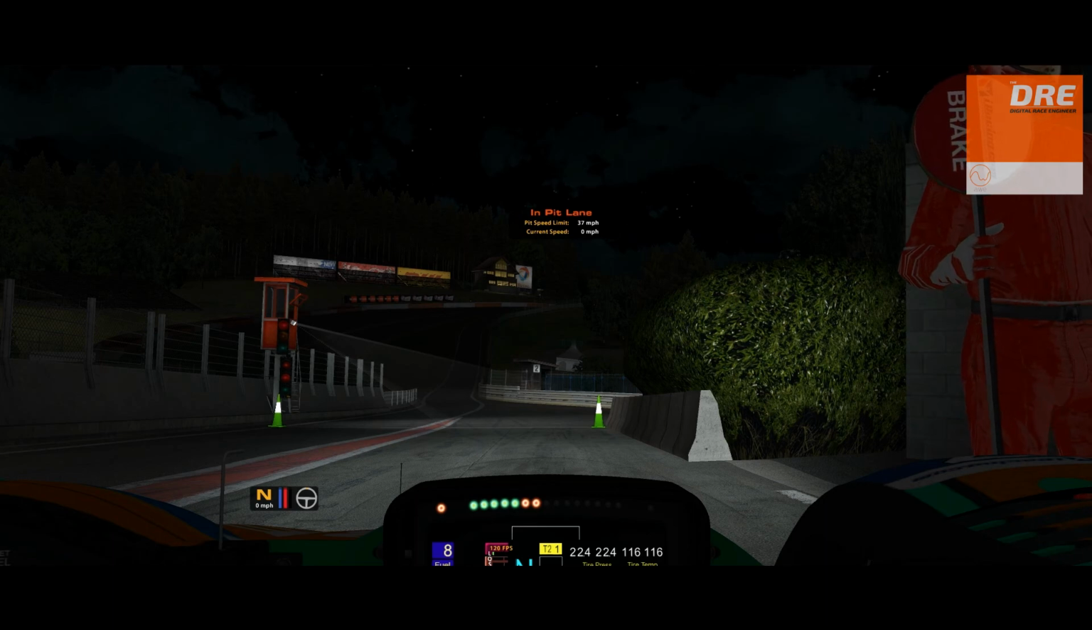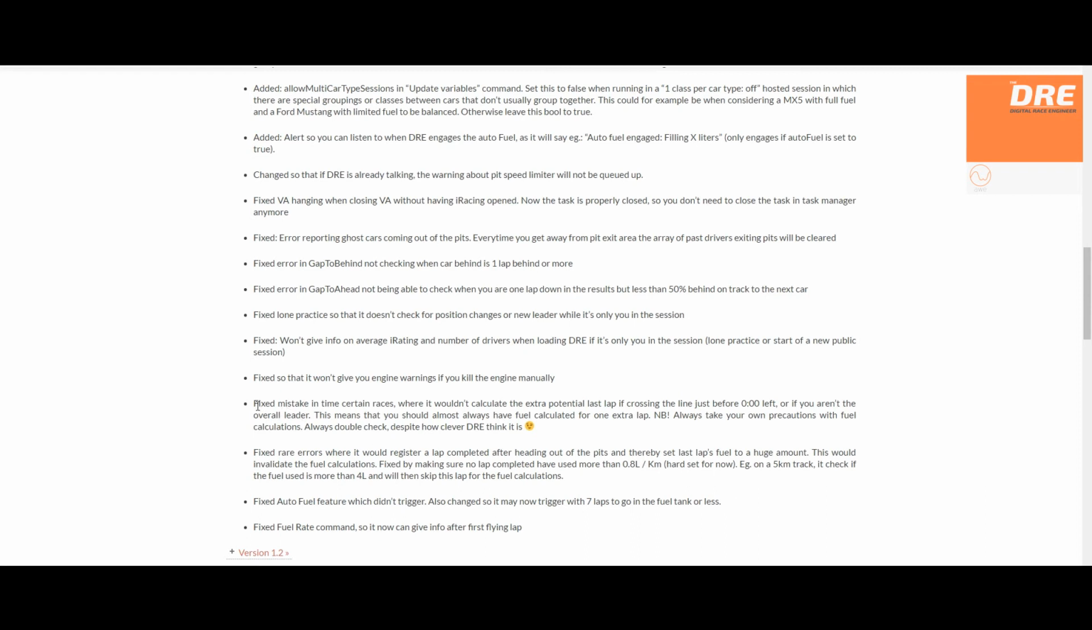Kill engine. Ignition turned off. Start engine. Igniting engine. And finally, there's a major fix for the fuel calculations, where it will now consider you